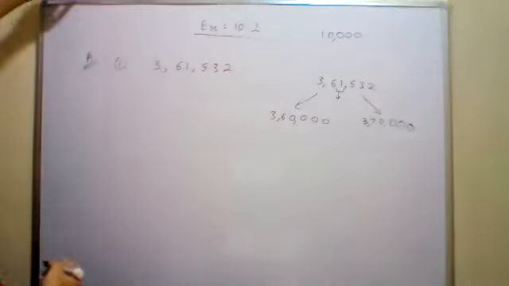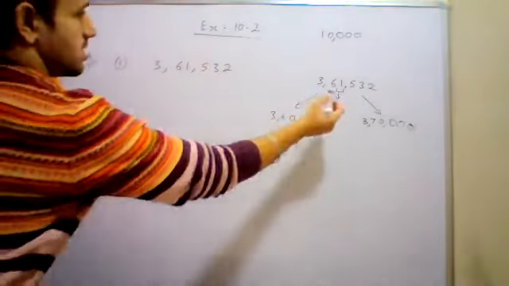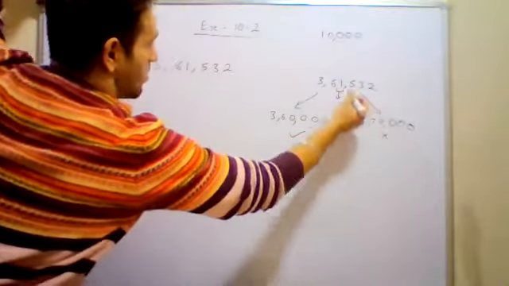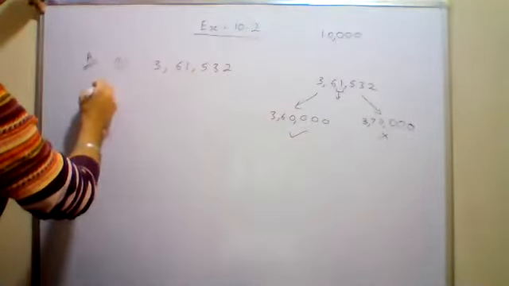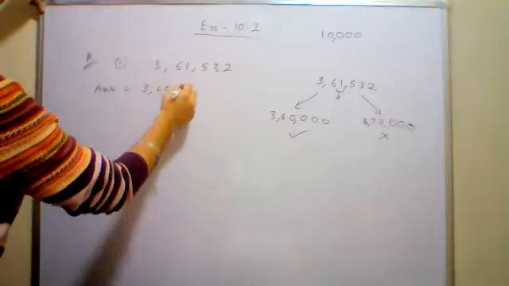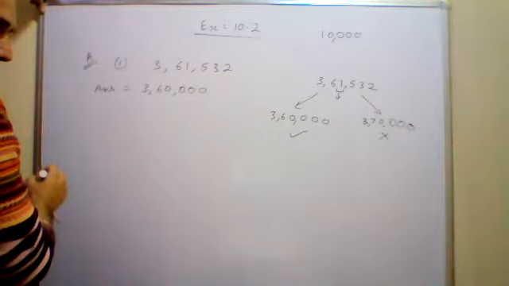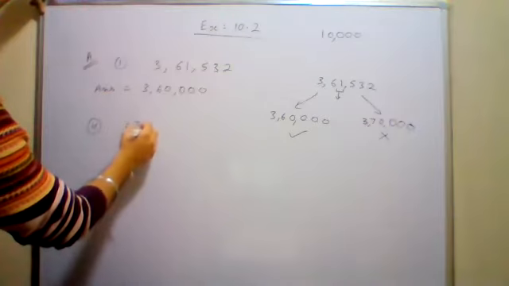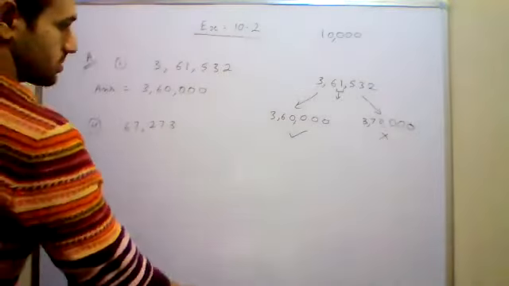Is 1 smaller than 5 or greater than 5? Sir, smaller. So you will select the first one. The second one is wrong because the digit is smaller than 5. Answer is 3,60,000. Clear? Okay. Let's take one more example. Fourth one. 67,273. So this could be